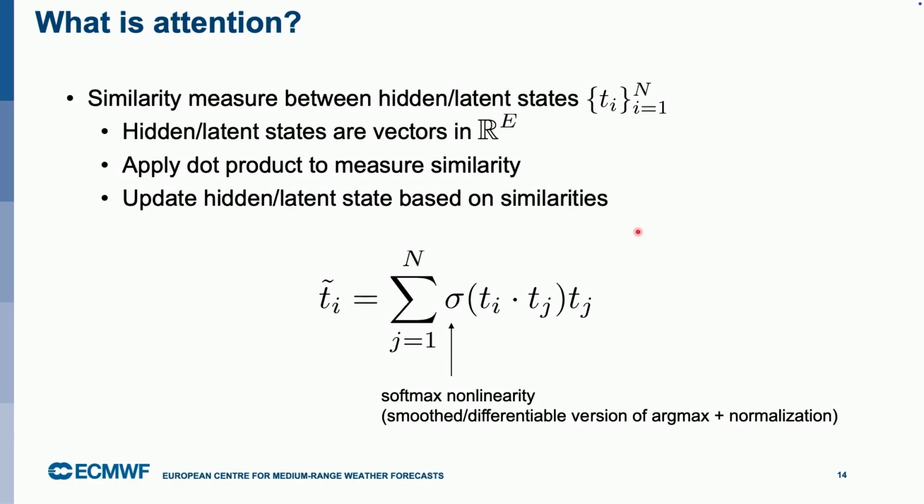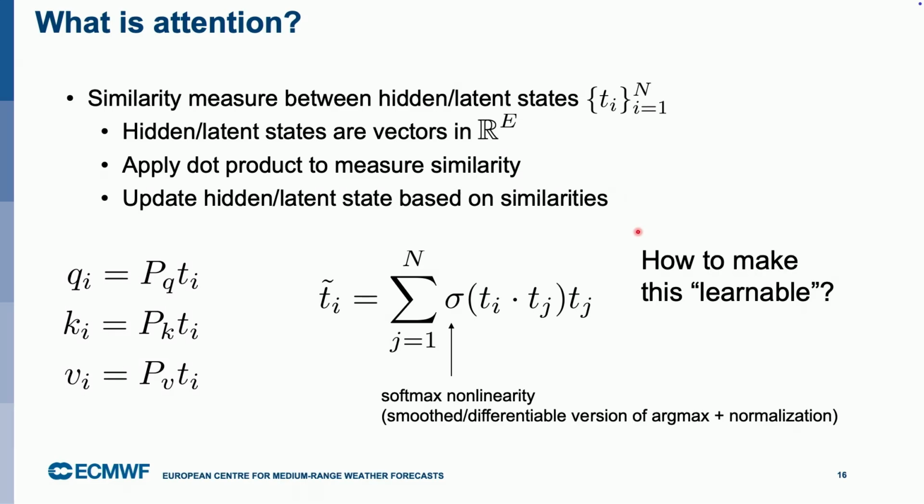And now the question is, we have this attention mechanism, we compute similarities, and we update our token to contain information from other tokens. How can we now make this learnable? How can we make sure that this can be approximated by a neural network? So far, this is just theory, what we would like to have, but there's no neural network involved so far.